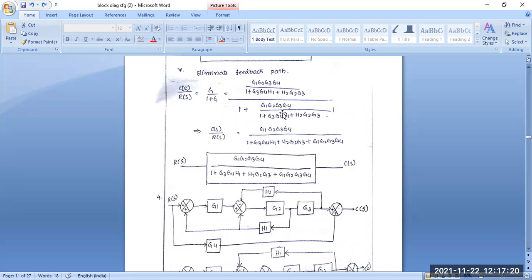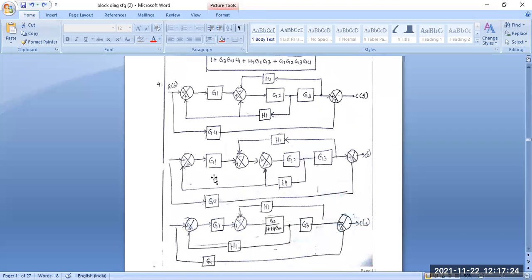Yes, sir. Okay, so now we can go to another one. This is another example. You are given this type of problem. The question is the same: determine the transfer function using the block diagram reduction technique. Okay. So here you can see these are the different blocks G1, G2, G3 and also G4 here. These are basically two feedback loops, H1 and H2, given here also, and the summing point is also present here.